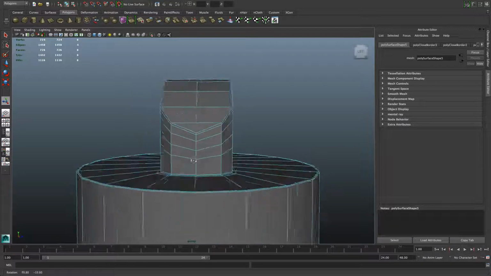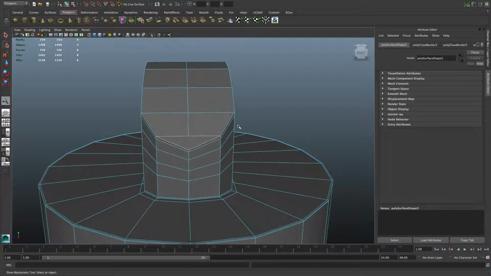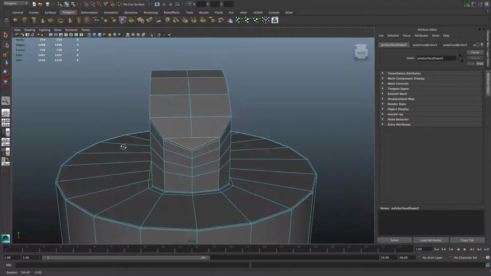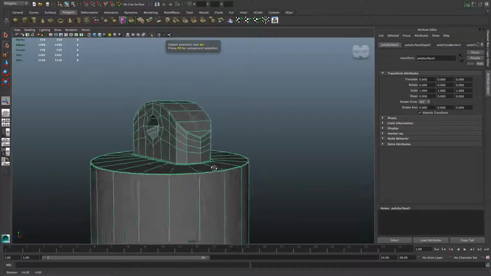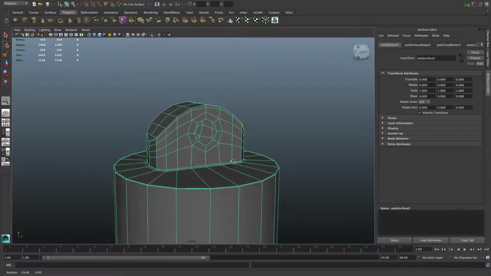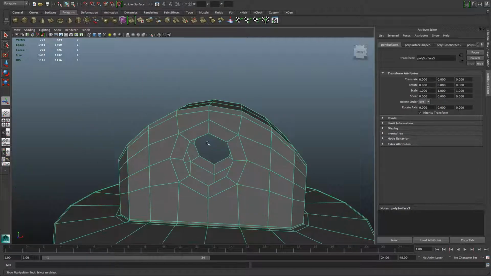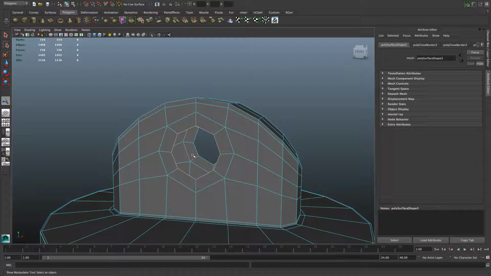Okay, the last function is G, and Y. Both of them are doing almost the same thing. So use the G and Y when you want to repeat the same function or tool. So F8 to bring it back to object mode, and now we want to create this pipe that's going through these two holes. Okay, so right click, choose edge, double click on this edge, double click on this edge here,